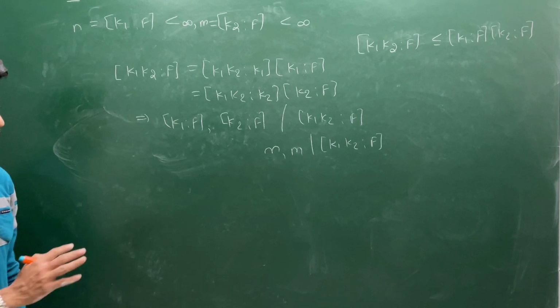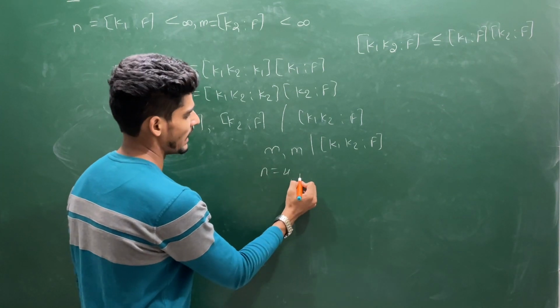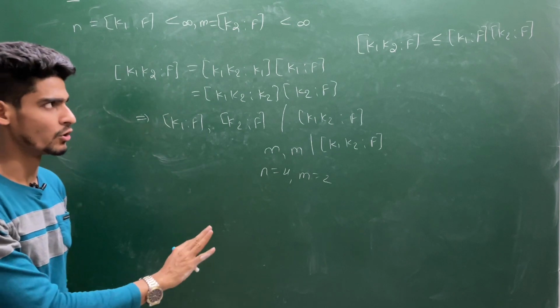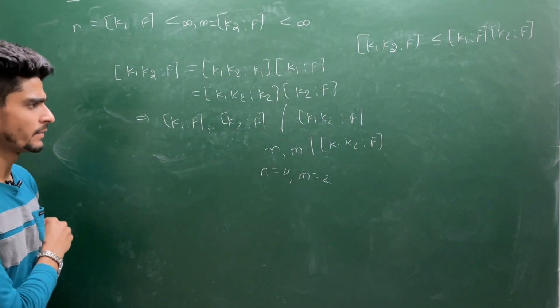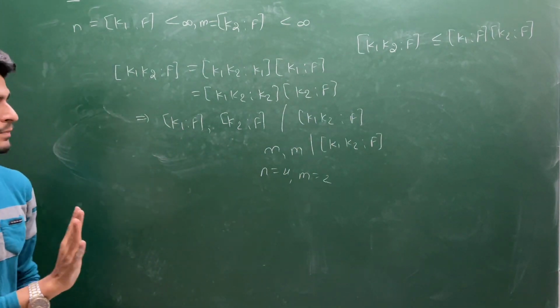Okay, not for this, sorry for the wrong comment, because if you choose n to be 4 and m to be 2, then I cannot say it contains a factor of 8. Sorry for the wrong comment. Let me give you a more precise way. So this I have not proved till now.